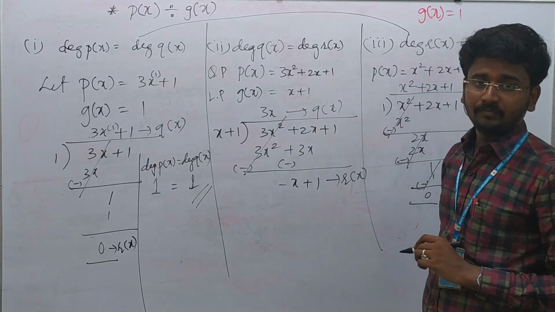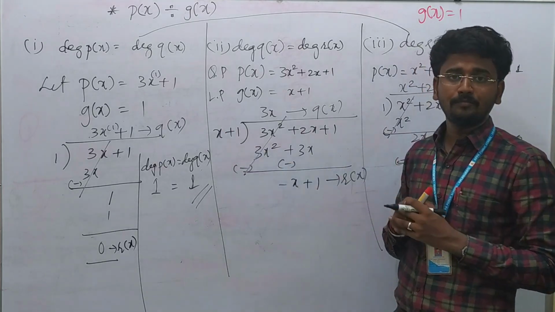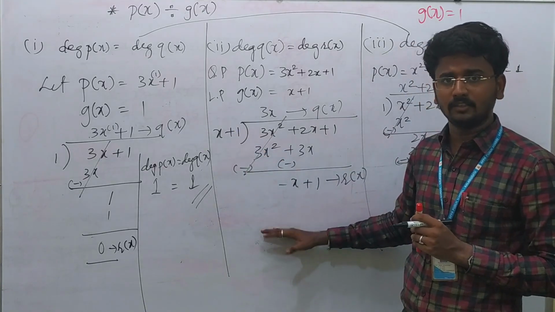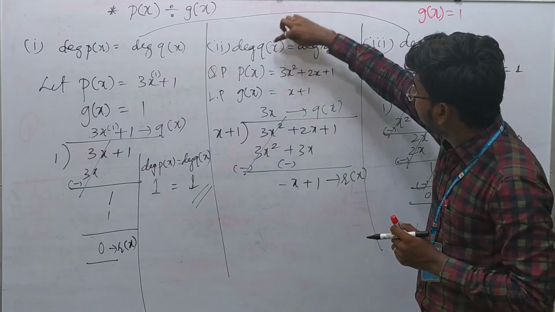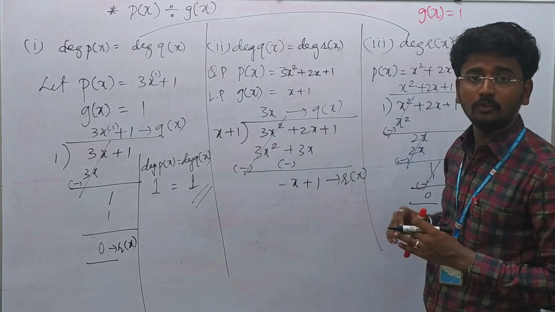Because of the condition I said, the degree of remainder should be either less than or equal to that of g of x. So now see here also 1, here also 1. You can stop your division. Further also you can do it, you may get some constant value. But I have to match here the degree of quotient and remainder. The degree of quotient and remainder both should be equal to each other.